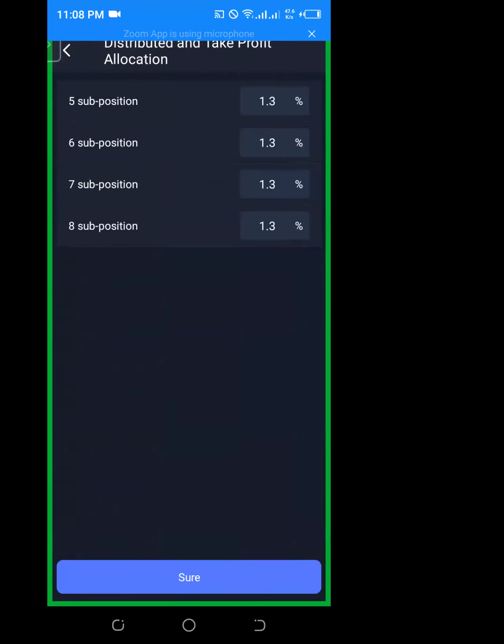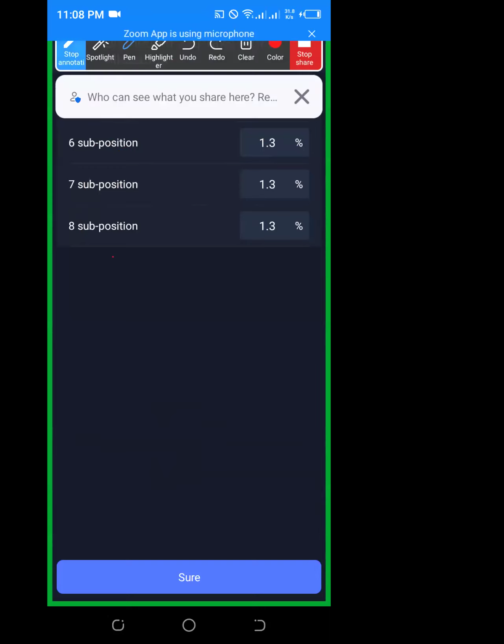Okay, you can put 1.3 or 1.5, but don't give them a big percentage because the robot will take long to close them. Okay, this sub position should always make you some good profits, even when the market is bad. That's what we call buying the dip. You add more money on Binance, you increase the margin calls, then the robot buys and buys and buys. It gets tired. When the market goes high, the robot will start selling.